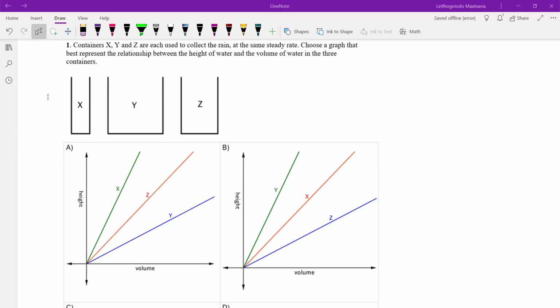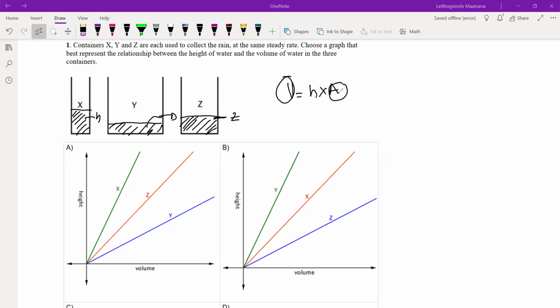We will see that the difference between them is the diameter. So what does that mean? It means that for the same amount of volume, Y would have a much higher height, and so would Z in comparison to H, because our volume is equal to area multiplied by our height, and for the